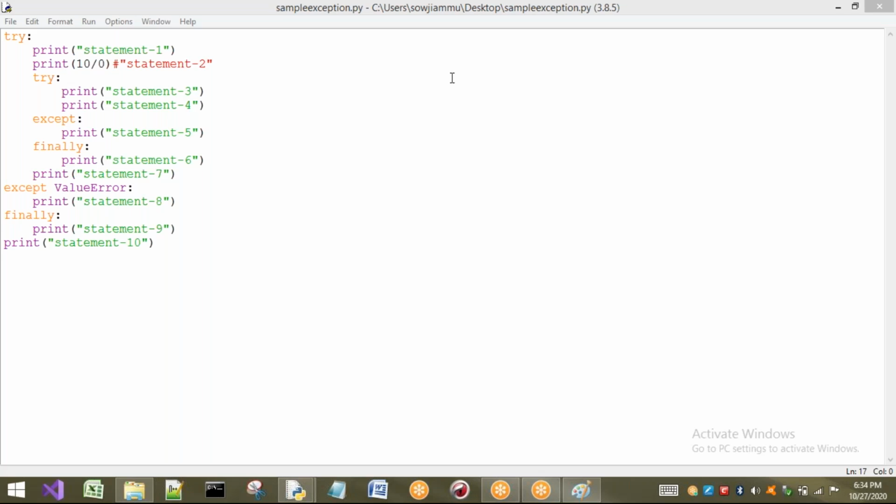Here the exception was raised in the third statement. I have completed that. That means in the outer try, if there is any exception, I have shown you all the cases. Now here I am going to remove the exception and make an exception in the inner try, that is 10 by 0 for example. So here I am going to comment this statement. Now see here, we are having an exception inside the try block. Let us remove this one. Later we will take it whenever it is necessary.